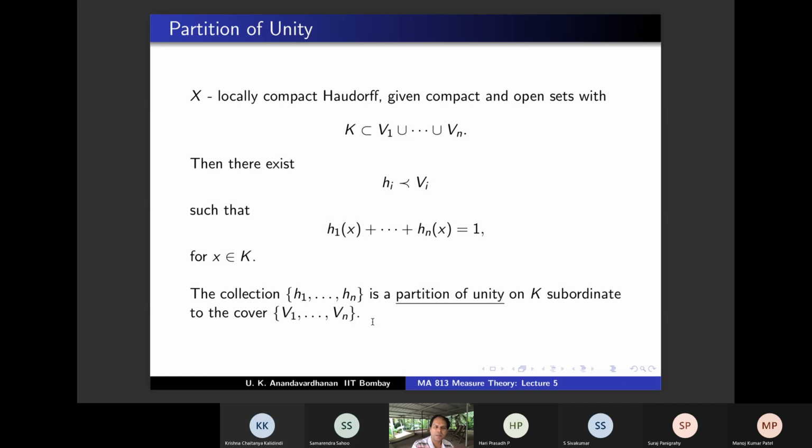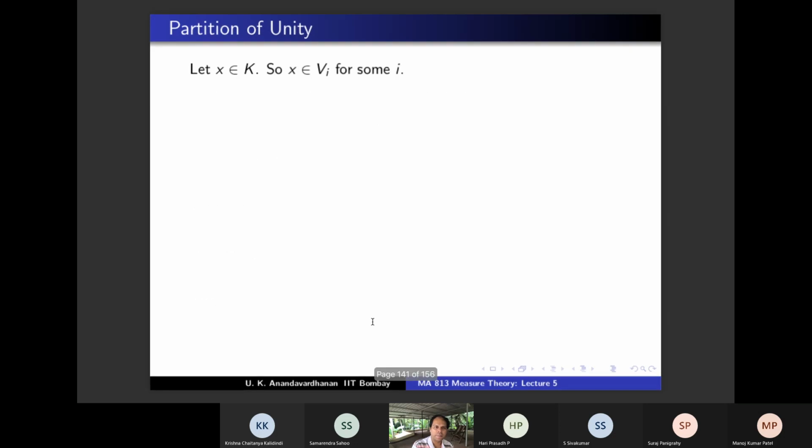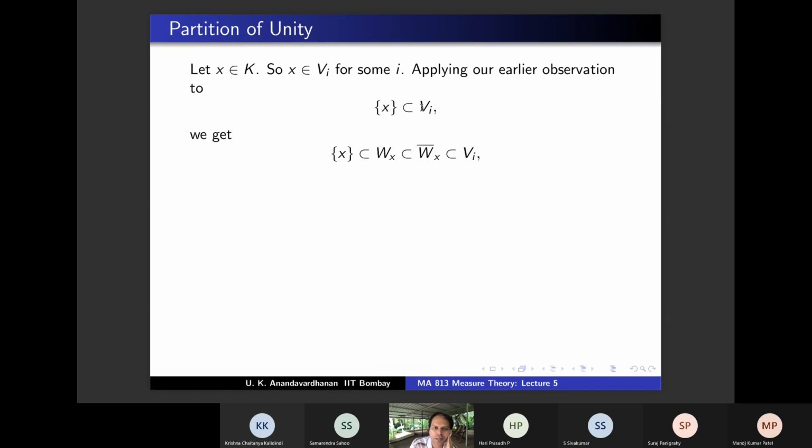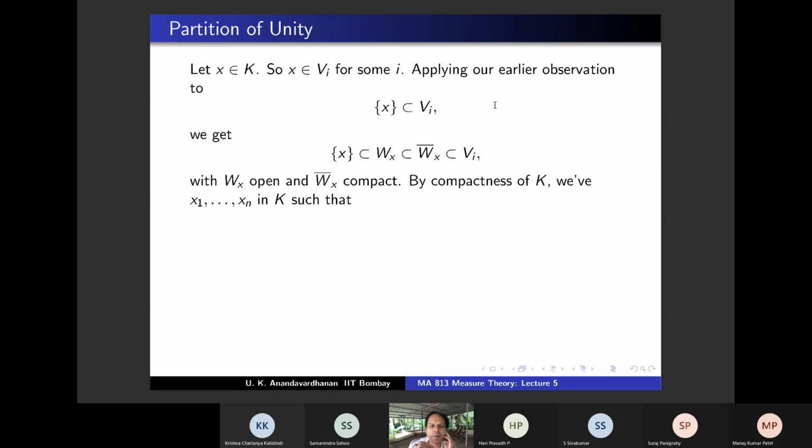And what is the proof? It's a simple construction. What you do is take x in K. So x belongs to Vi for some i. And by our earlier observation, whenever K is contained in V, you can get an open set inside whose closure is compact. You apply it to the compact set being the singleton x and the open set being Vi. So what will you get? You will get an open set whose closure is compact, sandwiched between these two. Call that Wx. Agree? This you can do, and Wx is open and Wx bar is compact, and by compactness of K,